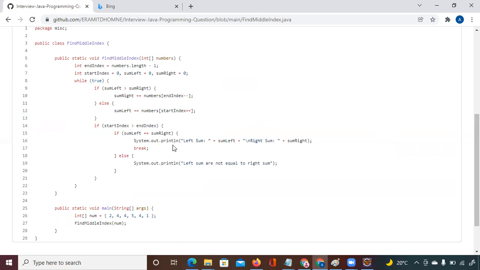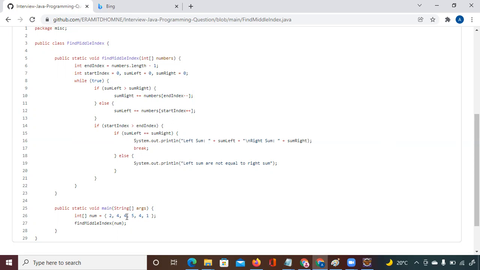Sum left and sum right, these two variables I have created. What will it do? First of all, while is equal to true. It means this while loop will always run, it will always be true. You are going to check sum left, meaning the number of elements to any particular element.